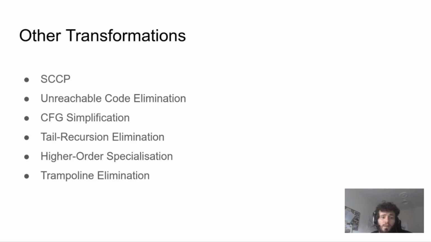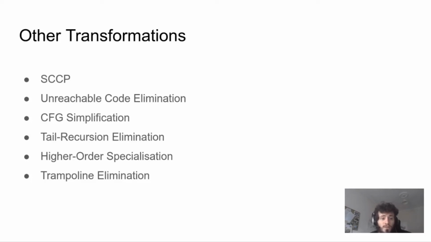Presently, our optimizer implements a number of classic transformations, which are required mostly to eliminate inefficiencies in the C and OCaml LLIR lowering. While we have exposed many new opportunities, our goal for the moment was to implement the minimal battery of transformations required to emit code as fast as, well, at least as fast as it was emitted by OCaml and C previously. Our transformations include sparse conditional constant propagation, unreachable code elimination, and control flow simplification. And these are scheduled after inlining and simplify the program quite a bit.